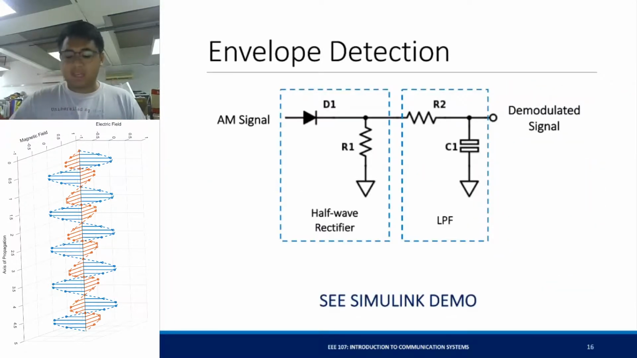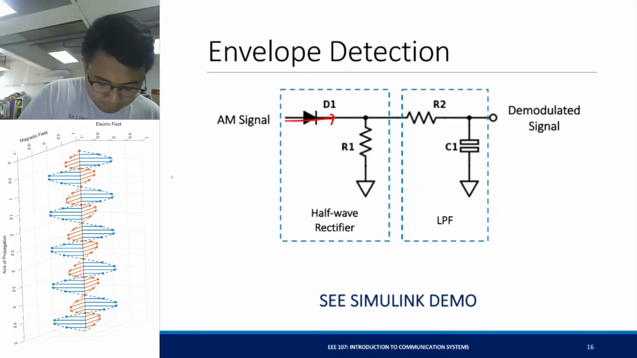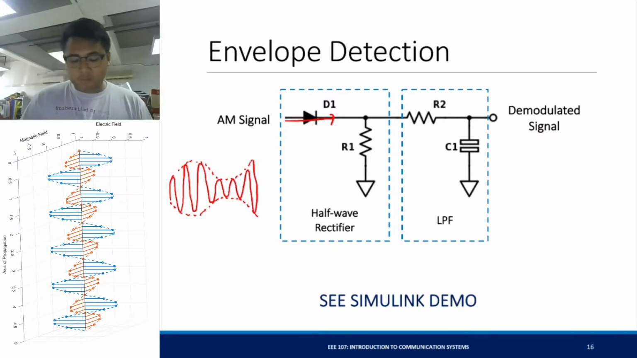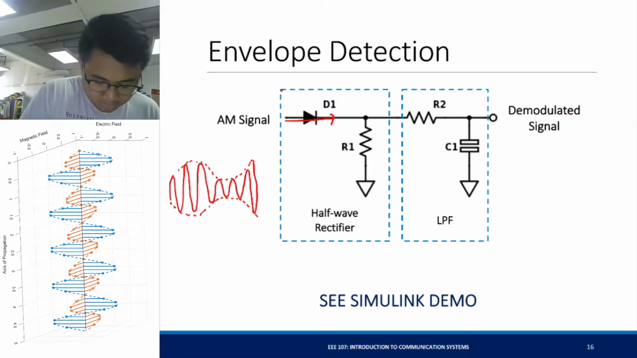Okay. And finally, to detect our signal, we use what we call the envelope detector. So I'll show it to you using Simulink. But how does it work? The diode rectifies the negative part of your AM wave. So if this is your AM wave, okay, after a half-wave rectifier, right here, the AM wave will be split into two. The negative parts will be